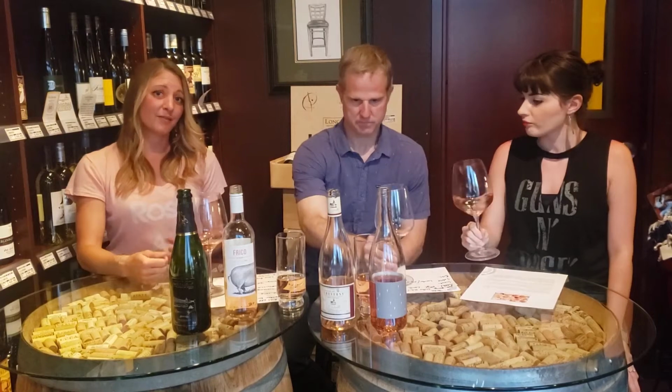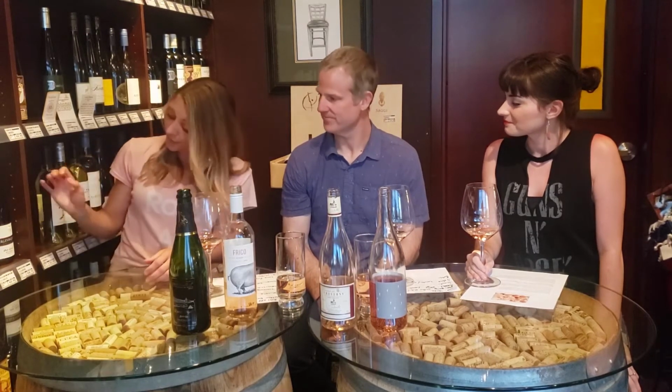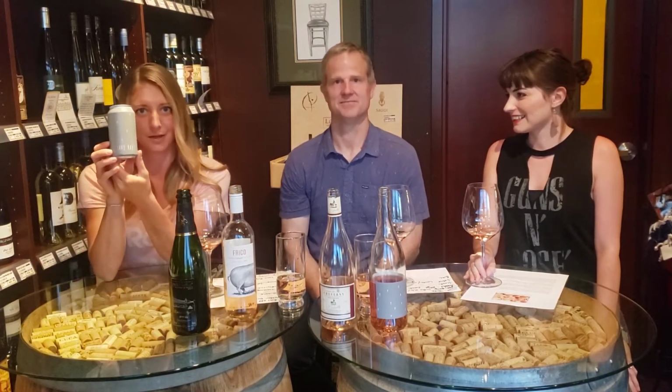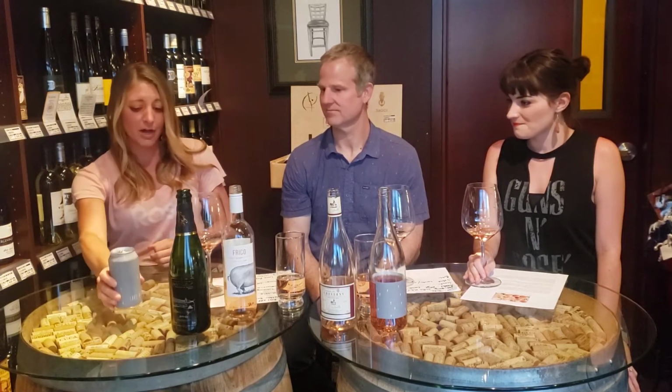Another bonus tip of the Love line. Brock Cellars play with some esoteric, funky wines, but then their Love line, they do a Love red, rosé, and white, and those, I have a little stash over here, actually come in cans. So this is Brock Cellars Love Rosé in a can. One can is half a bottle of wine, so drink slowly because it's very deceiving. It doesn't go down like a beer. Perfect for gardening, camping, hiking, golfing, anywhere you just need to throw a can in your backpack